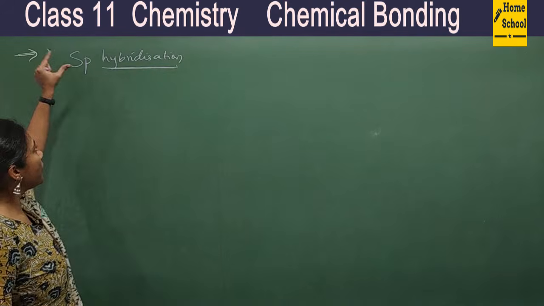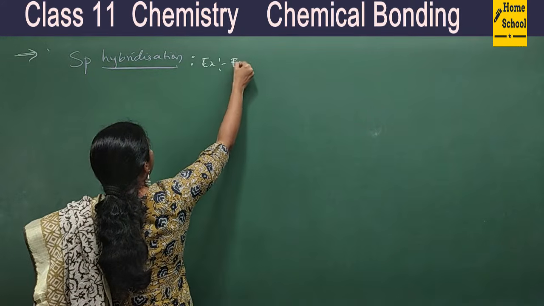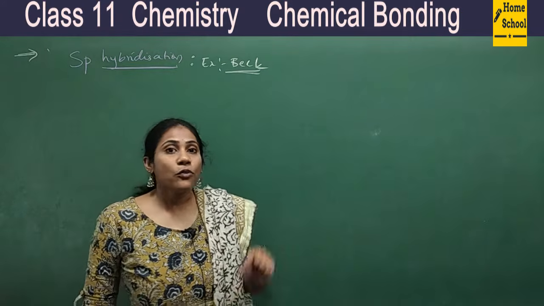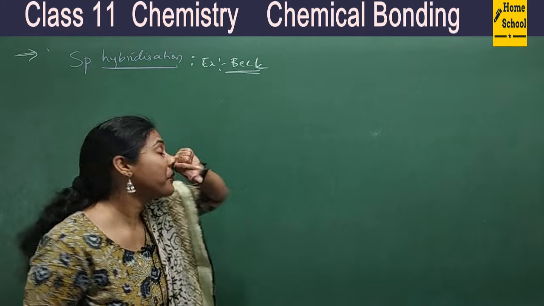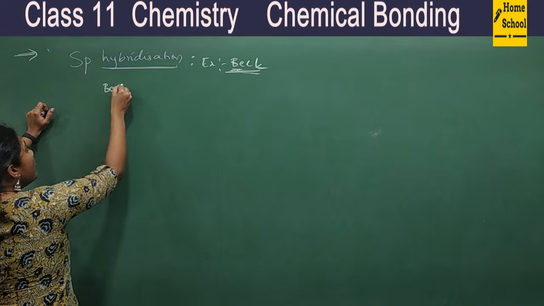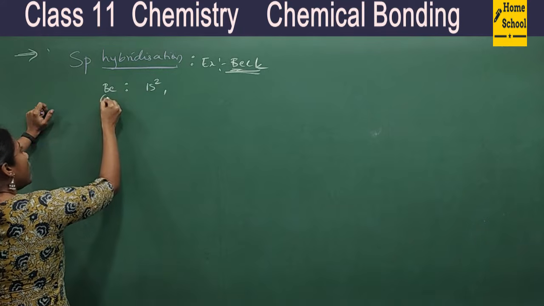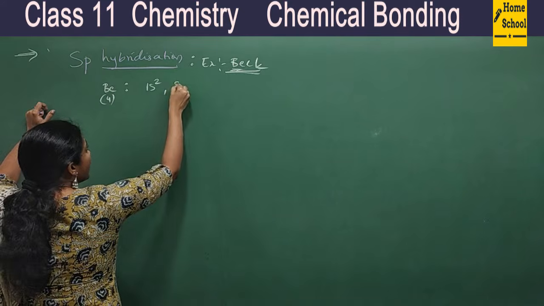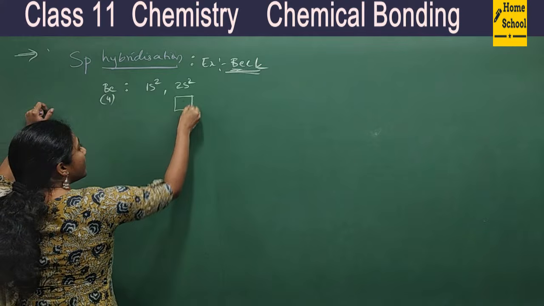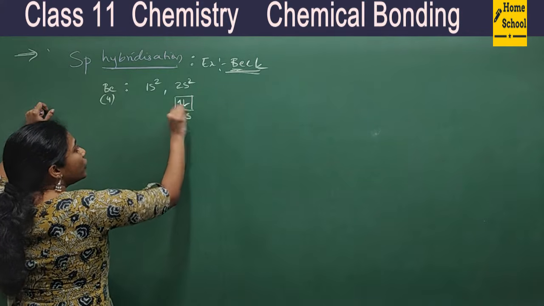Let us understand what we mean by sp hybridization and how it is formed, with an example. Guys, for sp hybridization, I will take the example of beryllium chloride. I am showing you how this beryllium chloride is formed. What is the main purpose of hybridization here? The central atom, the main element, is beryllium. We all know its electronic configuration: beryllium's atomic number is 4, so the configuration is 1s2 and 2s2. If I have to write the orbital diagram, s means 1 box, and 2 electrons are there. So this is the 2s orbital.